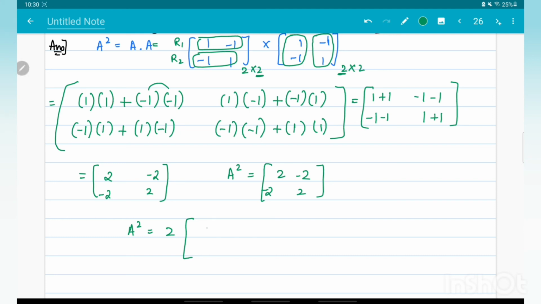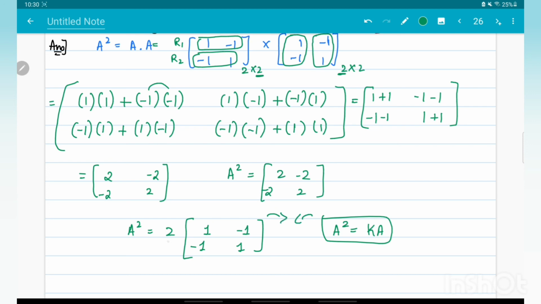So this 2, if I take common, this becomes 1 because 2 ones are 2. This becomes minus 1 because 2 into minus 1 will be minus 2. Again this becomes minus 1 and this becomes plus 1. So this is how I've taken a constant. Okay, if you see from the question, A square is equal to some k into A. Now when you compare both of them,